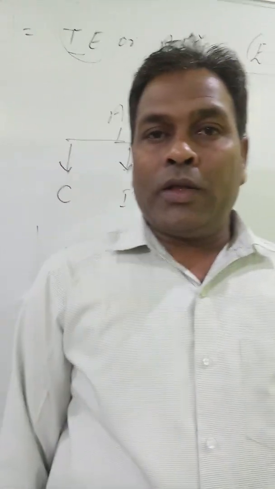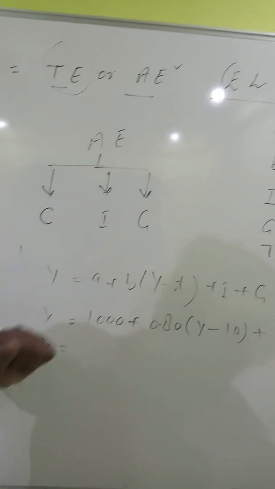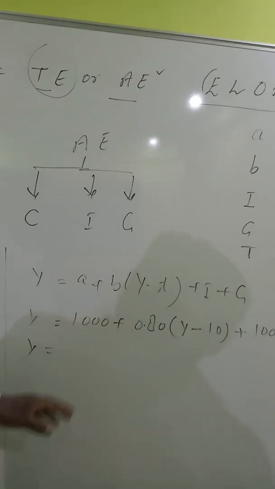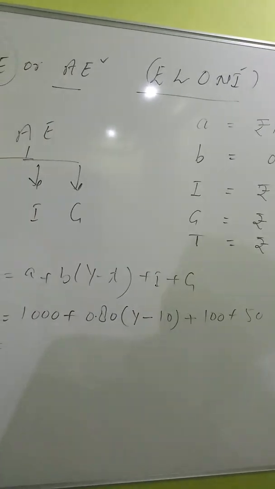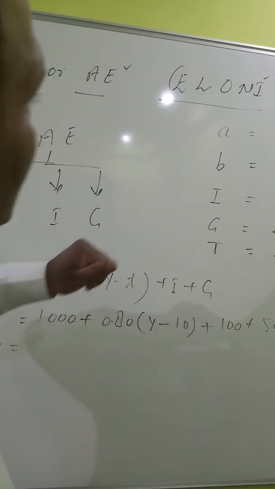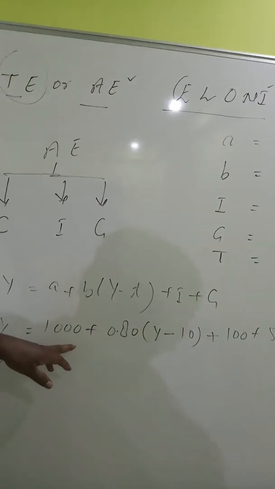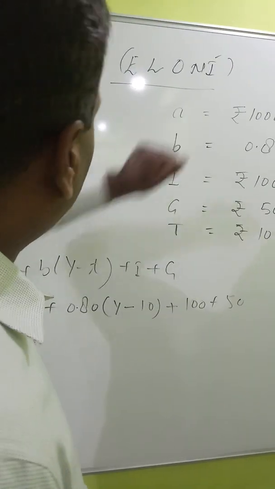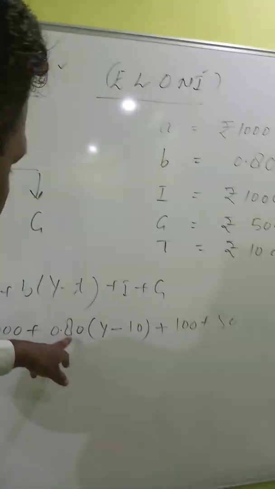Now we have entered part 2. We have already informed you all. We have to replace the required values in the equation. We have replaced the minimum consumption of rupees 1000 in the place of A, plus MPC 0.80,